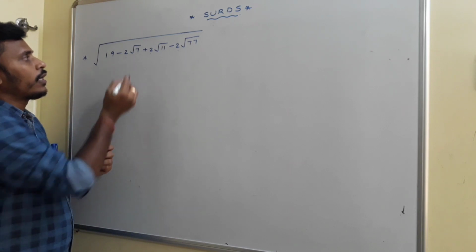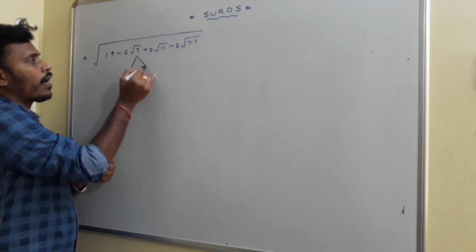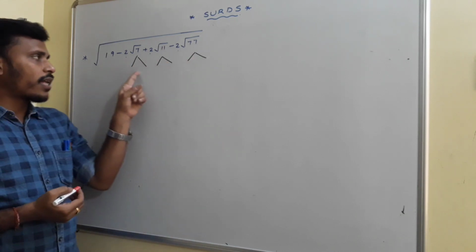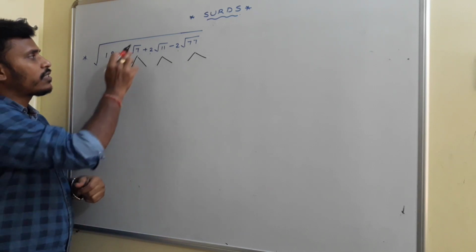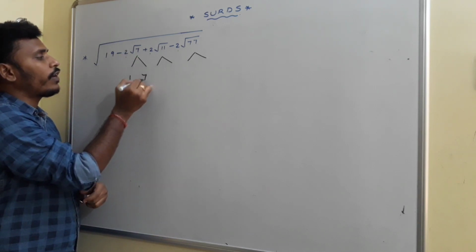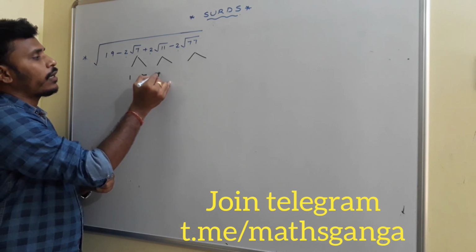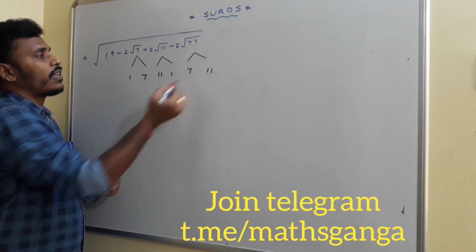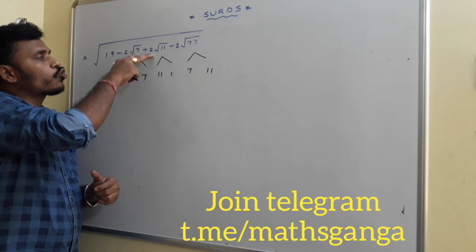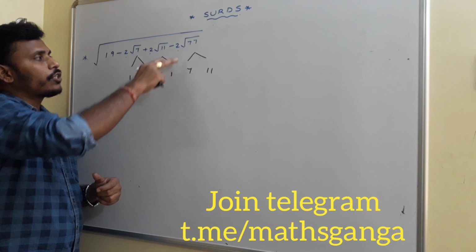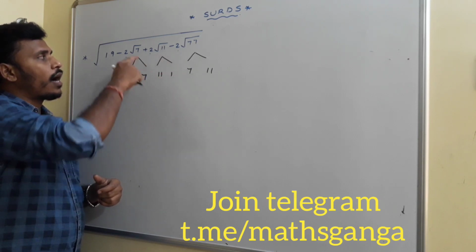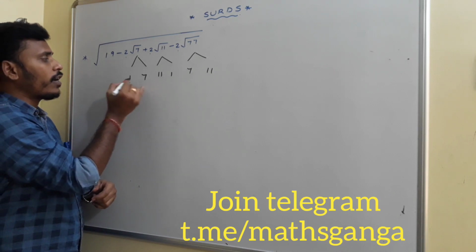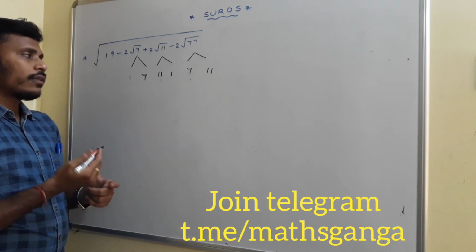You need to split the number in the irrational part as a product of two numbers such that the sum is 19, whereas every 2 will have one common number. See, 7 can be split like 1 into 7, 11 can be split like 11 into 1, and 77 can be split like 7 into 11. If you think, these two have 1 as the common, these two have 11 as the common, and these two will have 7 as the common. Now, if you take these different numbers 1, 11 and 7, if you add, the summation is 19.